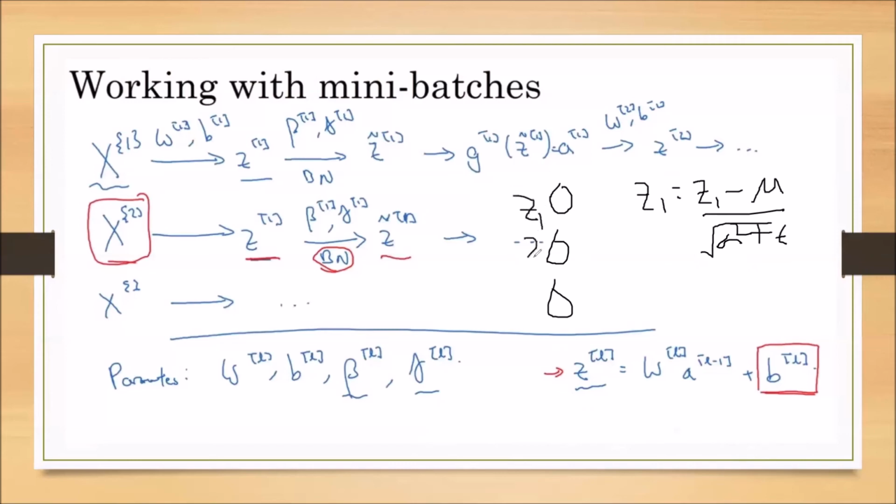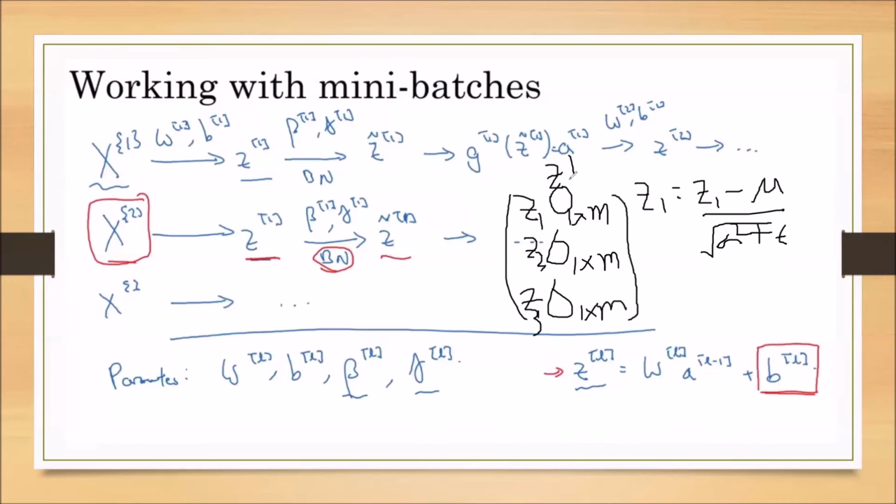But in reality, we not only want the normalized value of Z1, we also want the normalized values of Z2 and Z3. I am calling this Z superscript 1. Z superscript 1 is nothing but the first layer Z values; all the matrices will come here. So Z1 is a 1 by M matrix for the M training samples. Z2 is a 1 by M matrix for the M training samples. Z3 is a 1 by M matrix for the M training samples.